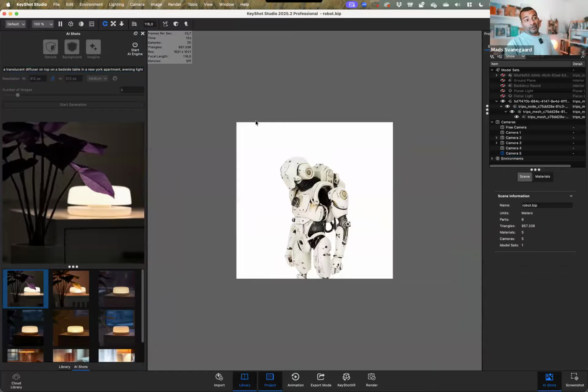It wouldn't generate anything if that was covering the whole thing. So you have to have only the model, or the things that you want to have visible, in your scene. And then let's say you want to do something else with the background. So in this case, for instance, I have this robot, which is